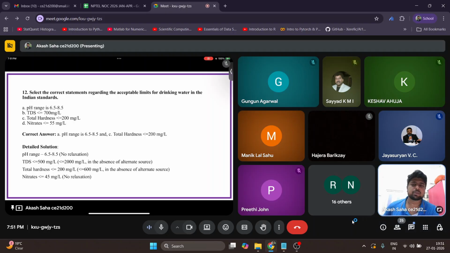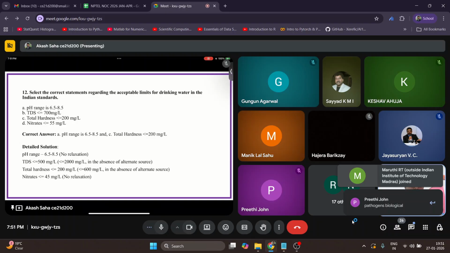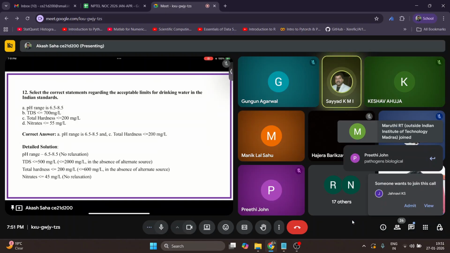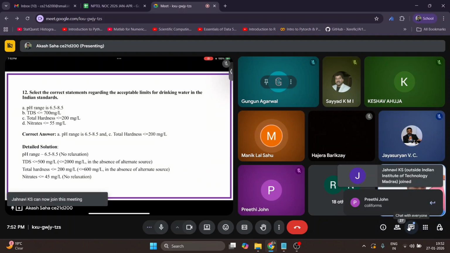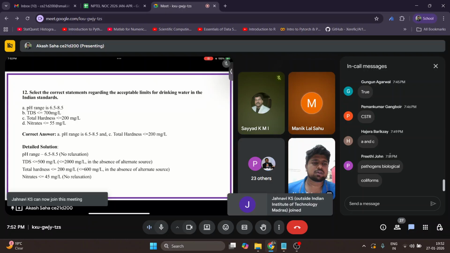So 10500. Another question I would like to ask at this point is, what do you think is the most important parameter for drinking water standards? We have so many different types of parameters: physical, chemical, radioactive, biological. There are n number of drinking water parameters. But if you are given an option of one parameter for which there is no relaxation at all, which one is that? pH range should be 6.5 to 8.5. pH range is not that important as compared to the others. Dissolved oxygen?